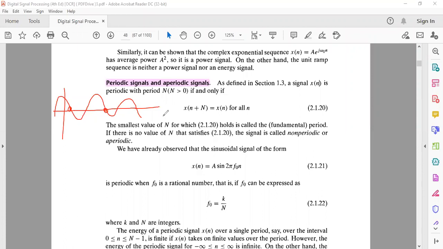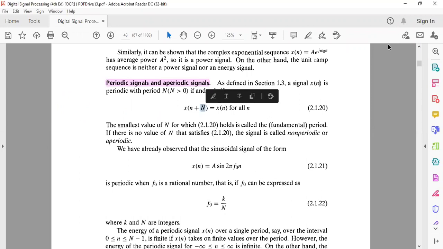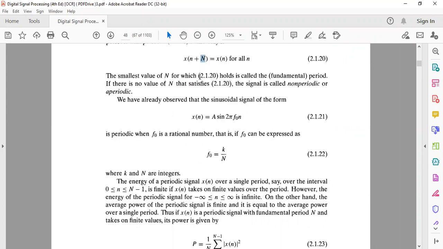That's what we are saying about periodic signals having the characteristic of periodicity. The smallest value of n for which this equation holds is called the fundamental period. We have seen that it is called the period, but basically we refer to it as the fundamental period. If there are no values of n that satisfy this equation, then the signal is said to